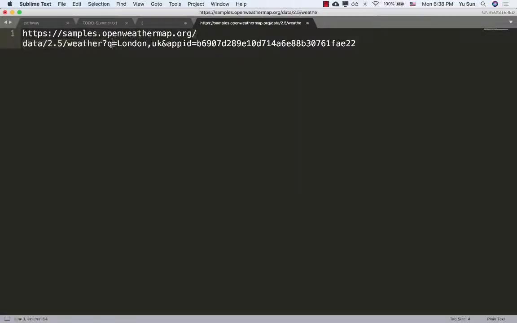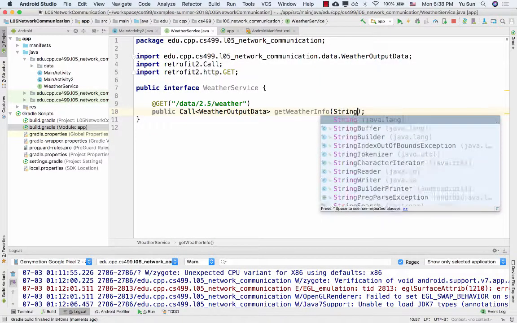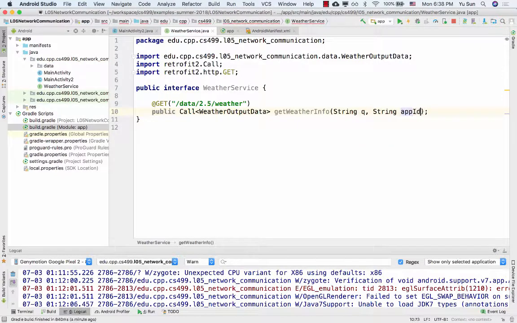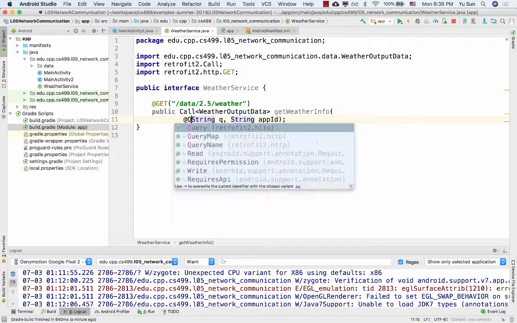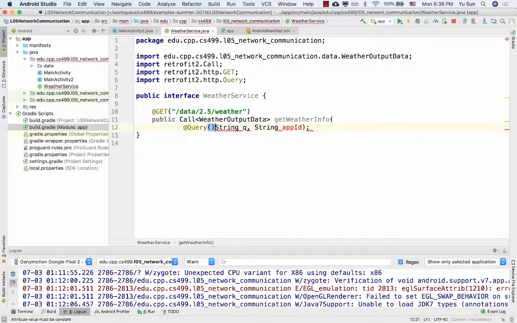Meanwhile, this request needs two parameters. One is called Q, one is called IP ID. All right. So Q is a string, and IP ID is also a string. And then you also have to specify what's the parameter name in the URL. So this one is called Q, this one is called IP ID. So you're going to do something called query Q. The other one is query